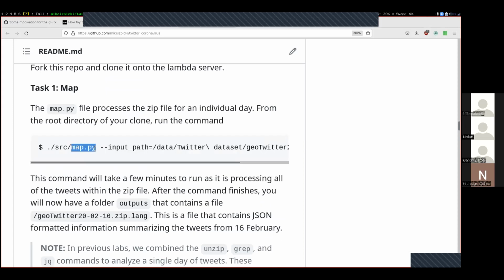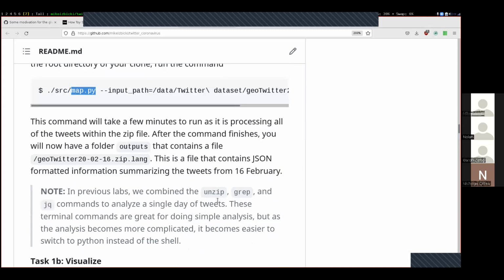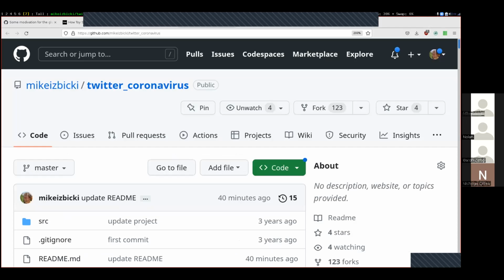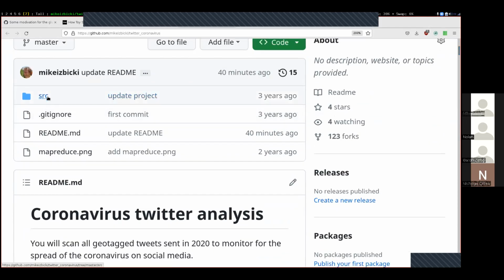In the past, so this week, this lab that we had this last week, you were using things like the unzip and the grep command to analyze an individual zip file. If we take a look here for a second at, in this src or source folder is where the